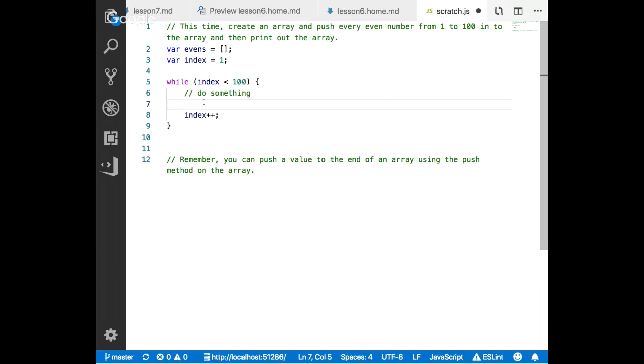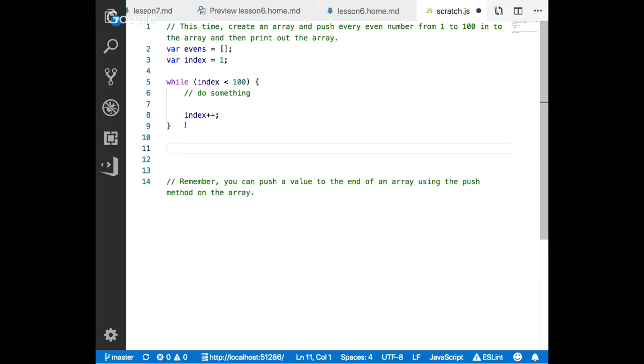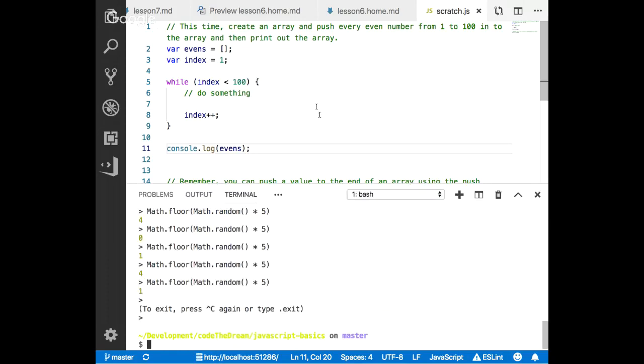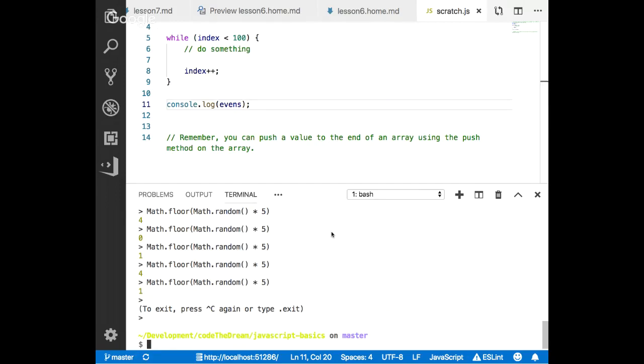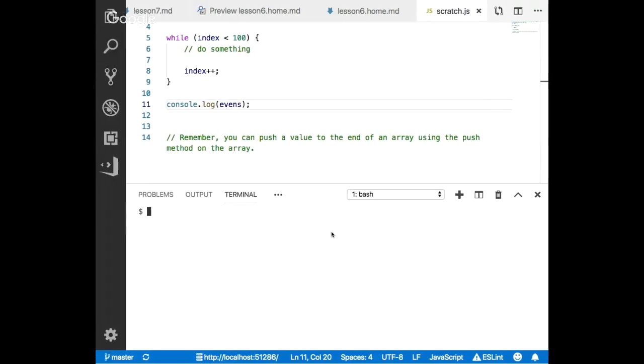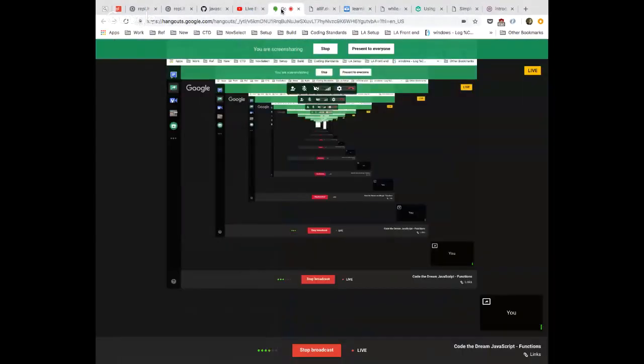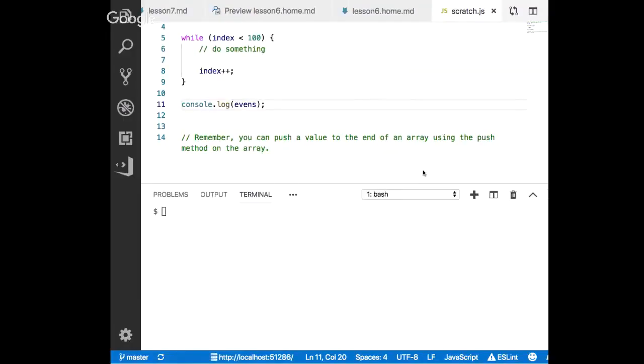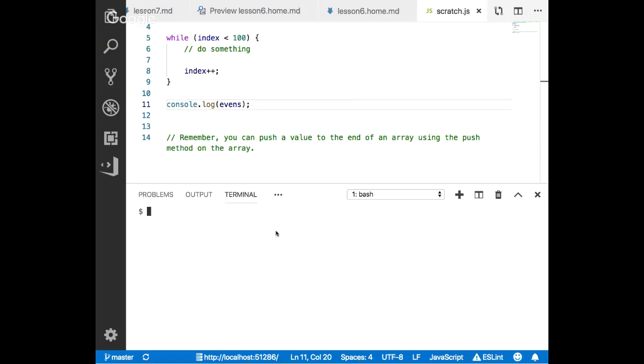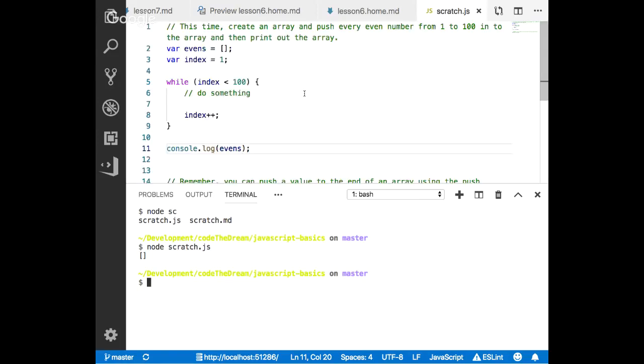So now the next bit is how do we push them into the array? Well, let's just say at first, let's assume we're not even, I'm going to log what I have in my array here. And then I'm going to go ahead and run this just to make sure that my code is working. This is just a sanity check at this point. I wanted to make sure that I was projecting correctly. So as a sanity check, scratch.js, and I get back this empty array back out. So far, I'm not getting any errors,